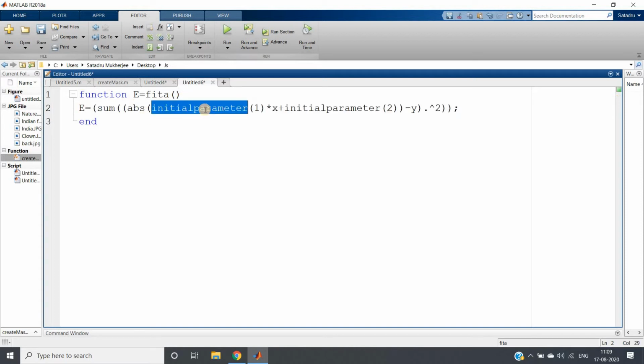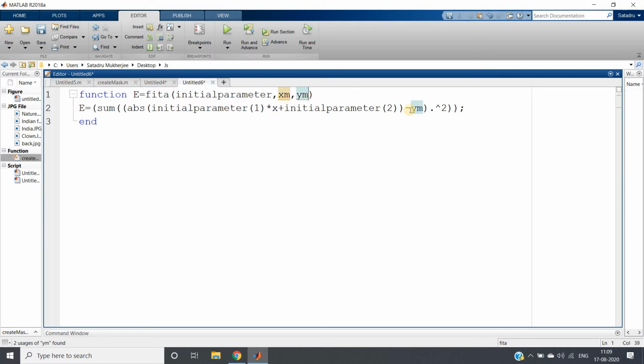So what should be the input arguments? One is the initial parameter, and then x and y, which are our original data points. Here x and y are basically constant. If you are getting confused with the name, let me give some other name, maybe xm and ym.